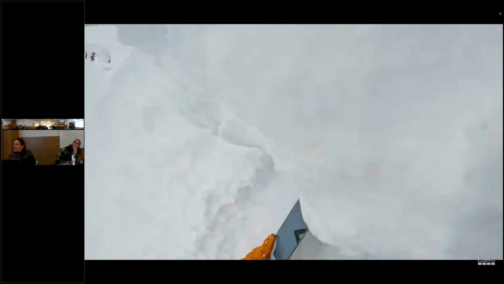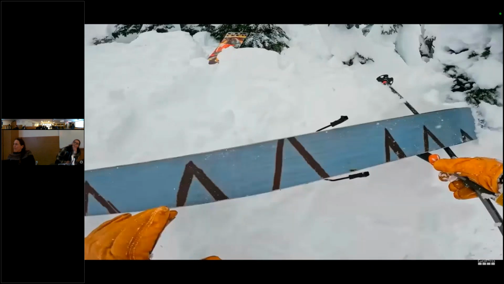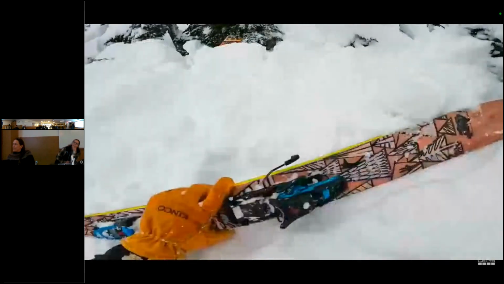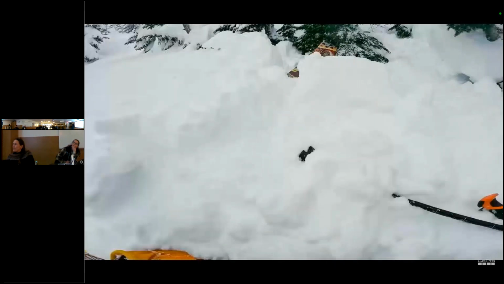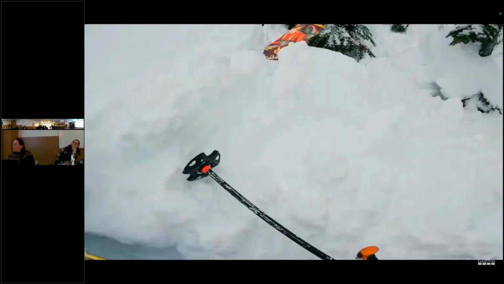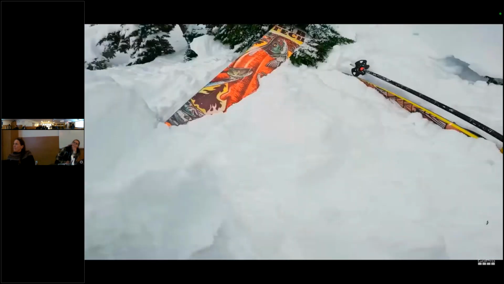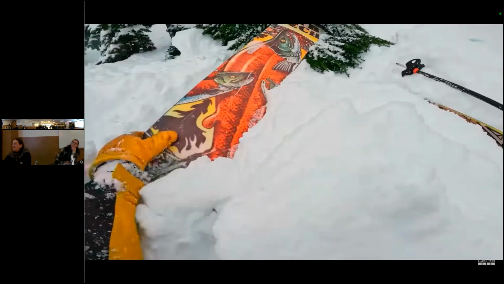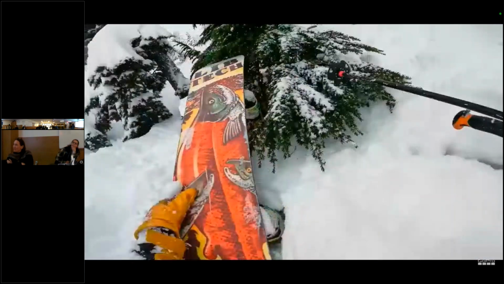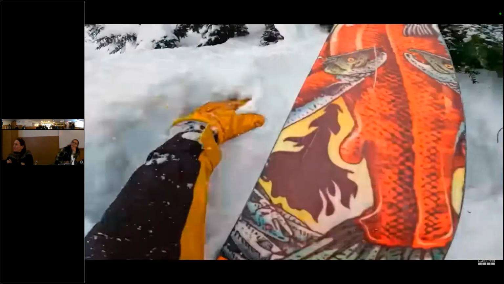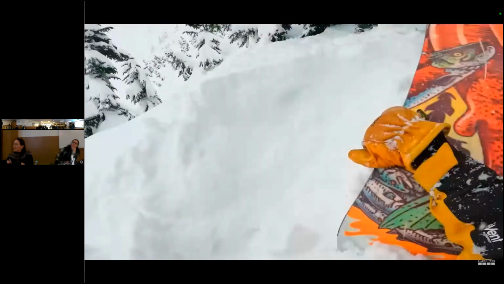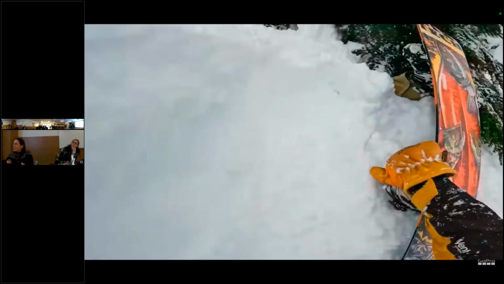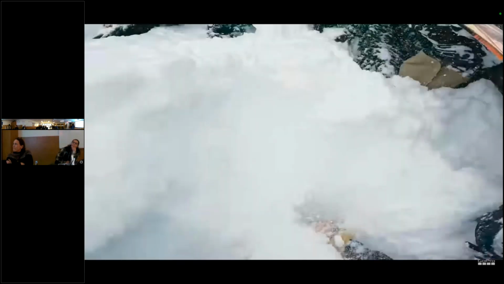Good job. Techniques: you can't really shovel straight down on somebody, so you typically want to go downhill when you're shoveling.